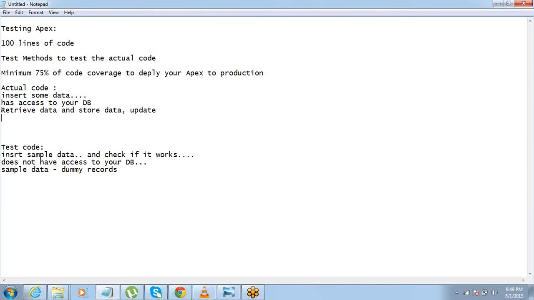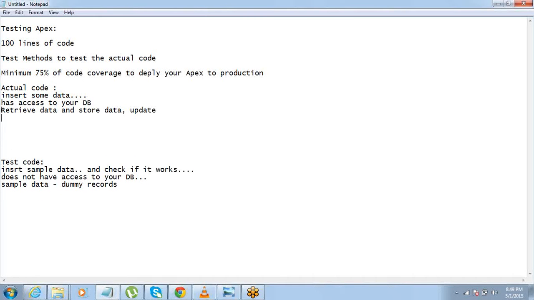For example, if you're writing in actual code, if you say Account a equals select, let's say select name and type from Account where ID equals something, let's say some variable ID.